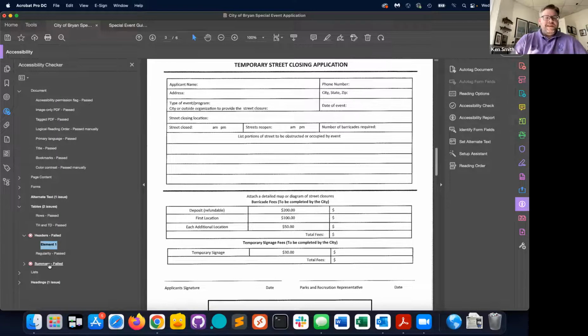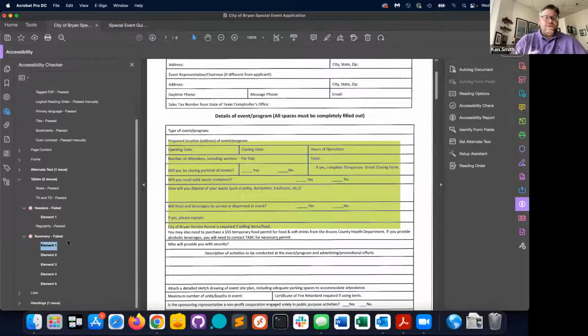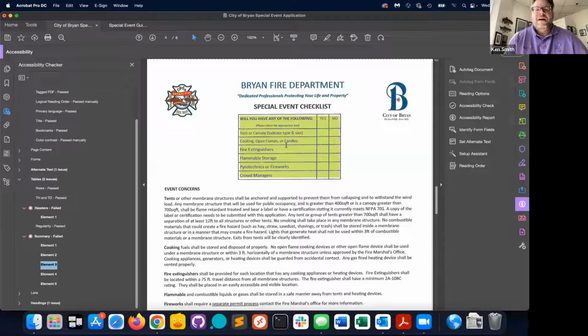Another problem with these is the table summary. Let's go to one that actually has this problem, like this one. A table has to have a summary for someone who is using a screen reader to get what the table is about in a snapshot. In order to remediate that, and again, it's not going to show up on the PDF, but to give a screen reader a summary of this table,